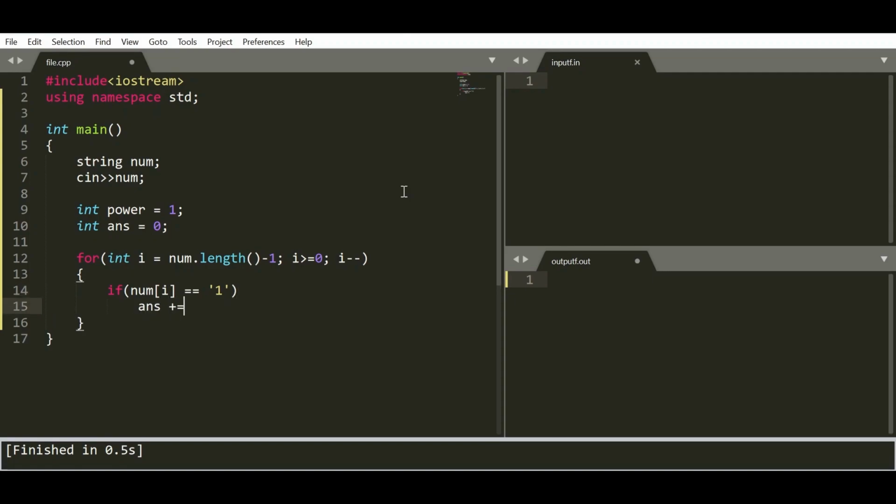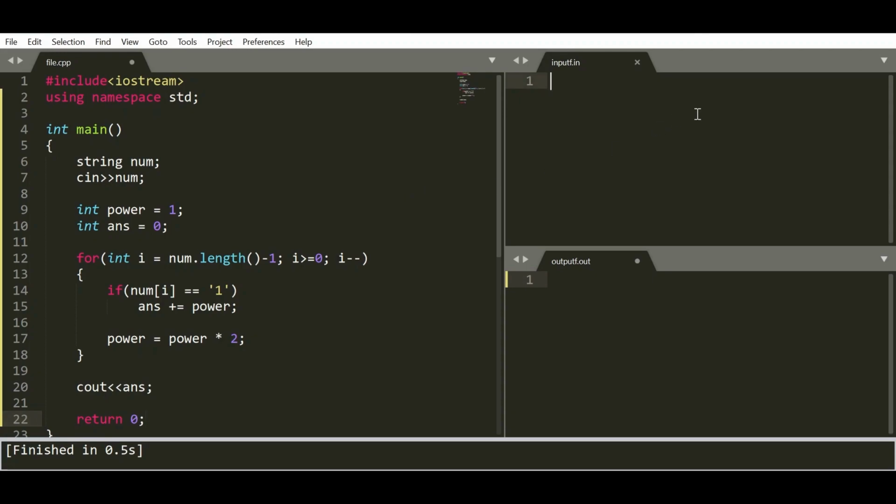So answer plus is equal to power. And in each iteration we have to increment, so power is equal to power into 2. That's it. And last we can simply print the converted value. It is a main, so return 0.